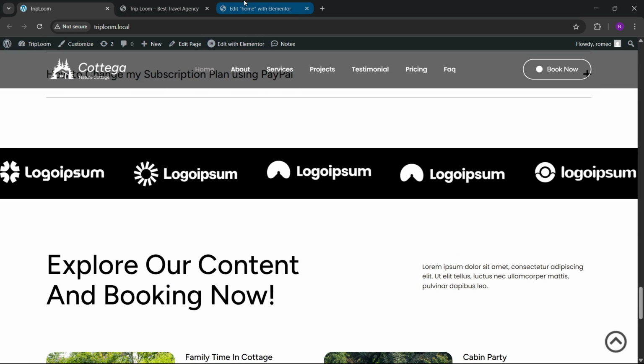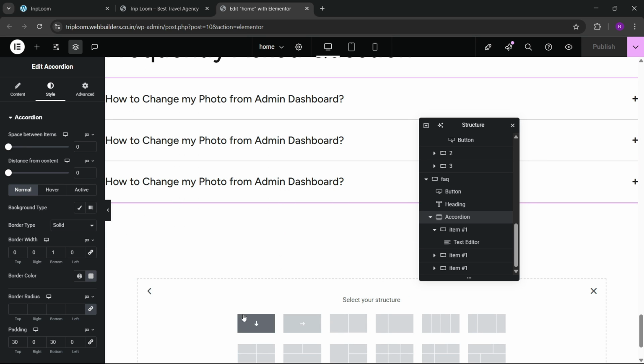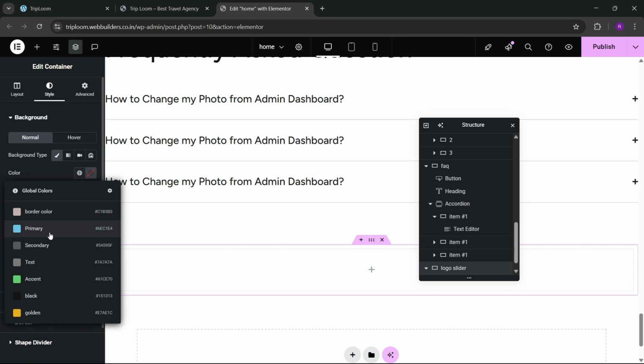So this is a logo section, which is also a slider. So for that, we're gonna add a new container here like this. Okay, and here we're gonna add the logo slider, and here we want to make this black color first. So let me make this full width, and let's go to style, and here we're gonna choose the same black color